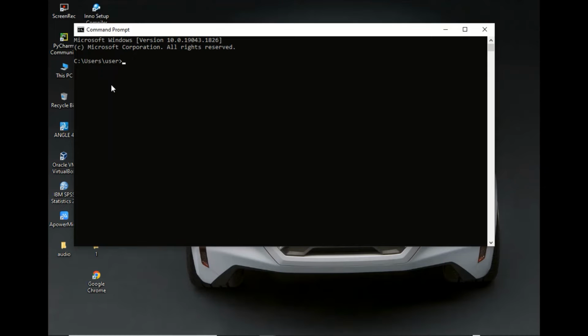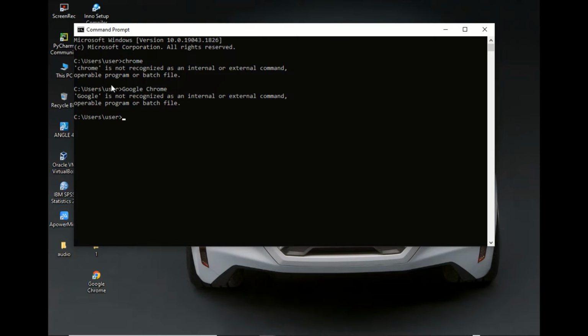First, let's try to open Chrome here in C. It's not opening. Maybe you should type Google Chrome. Still the same. So what's going to happen is that if you want to open the same application, you have to